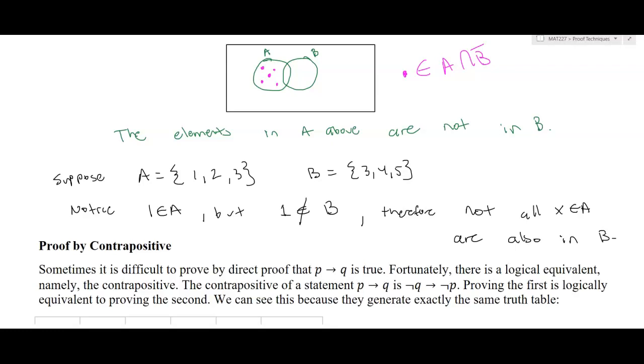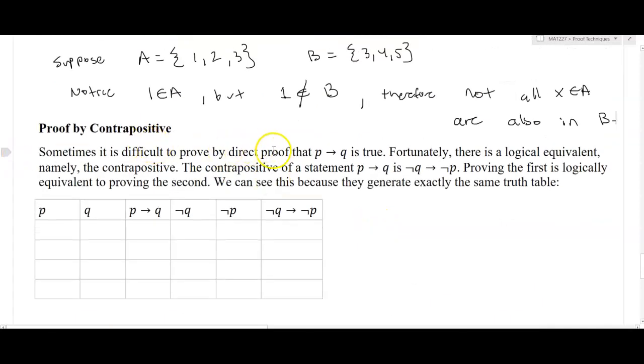And the last thing that we'll look at here is what we call proof by contrapositive. If you recall, the statement starts off as an if-then, because most mathematical statements, most computer science statements, are of the if-then form. Sometimes it's hard to prove if P then Q, so it's hard to do the direct proof method that we've been doing, where we start on one side and work our way to the other. But we know that the contrapositive of a statement, which is an equivalent statement, is: not Q, then not P. Let's just remember why.